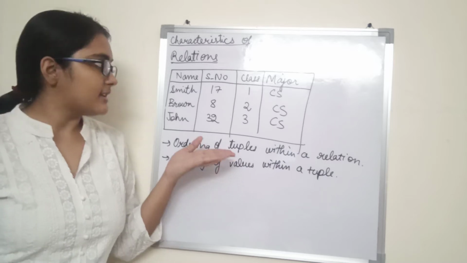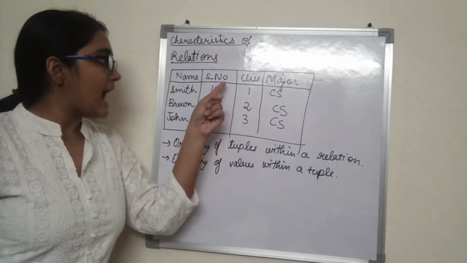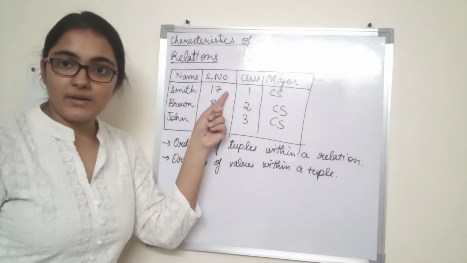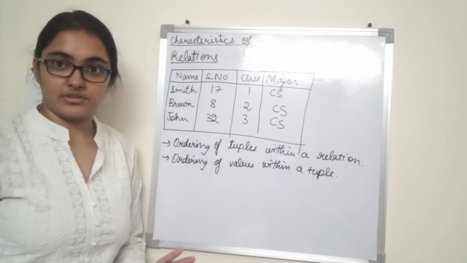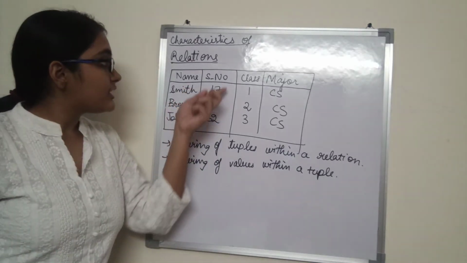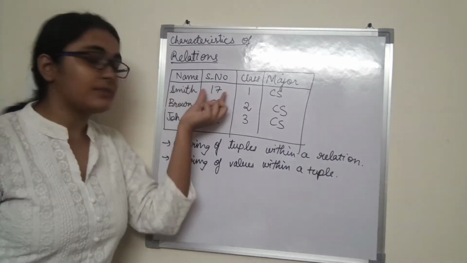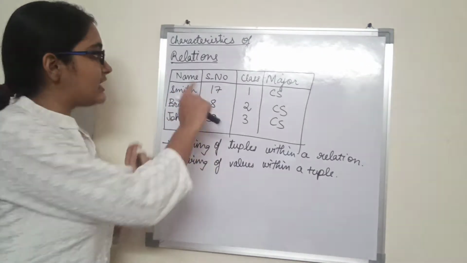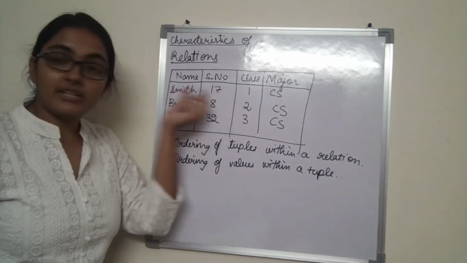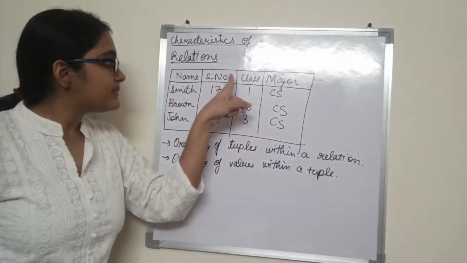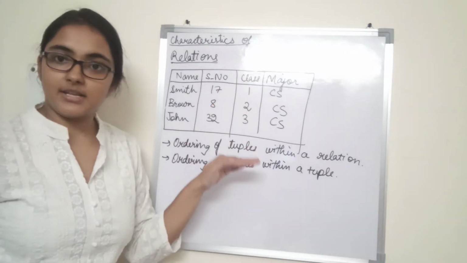No, not necessarily. It turns out that if the correspondence between the attributes and its values is maintained, then the meaning of the relation doesn't change, right? As long as the correspondence between attributes and values is maintained. It should not be like I write Smith here, and if I interchange these two attributes, I have not interchanged the values. As long as the correspondence between attributes and values is maintained, the meaning of the relation doesn't change.